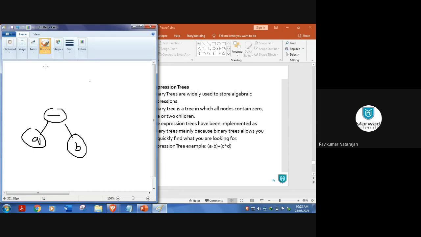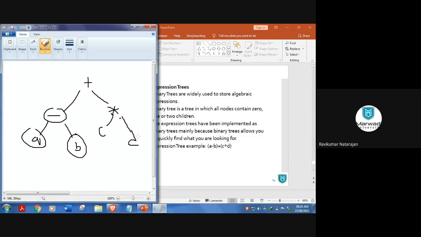And then I might put this like C and D. So in this way, I'm just giving you an example. In this way, you have to make a binary tree. The root element should be plus. From there, I will construct a binary tree for an expression. Again, I'm just storing all these operands and operators in a tree format. So this is how we represent an expression as a binary tree.